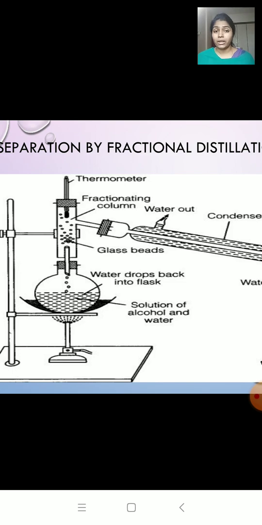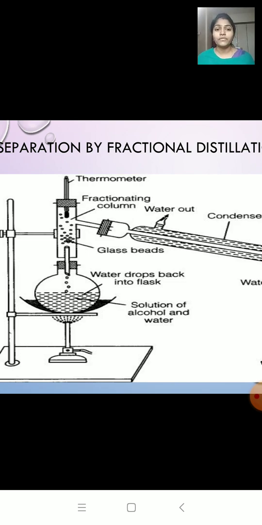Now remember one thing: the whole fractionating column will not have the same temperature. The bottom part of the fractionating column will be very hot. It will have high temperature because it is closer to the flame, and the top part of the fractionating column will be cooler. It will have less temperature. So the fractionating column will show different temperatures. The bottom will have more temperature and the top part will have less temperature. Okay, keep that in mind.